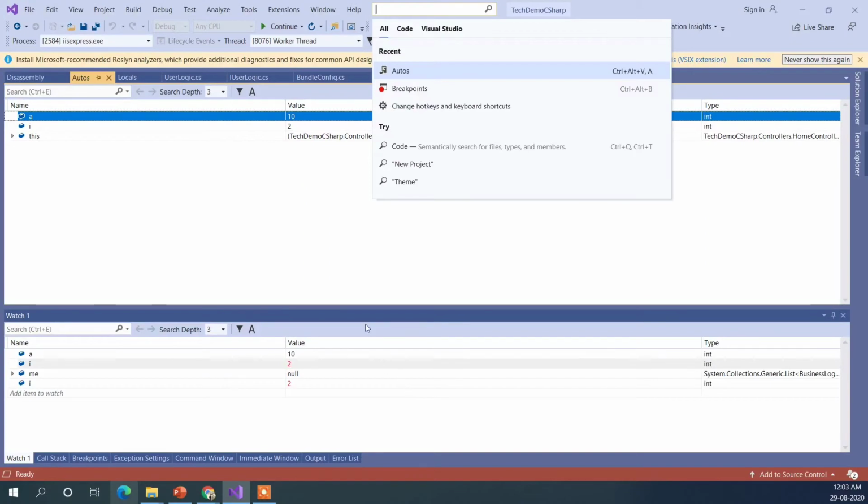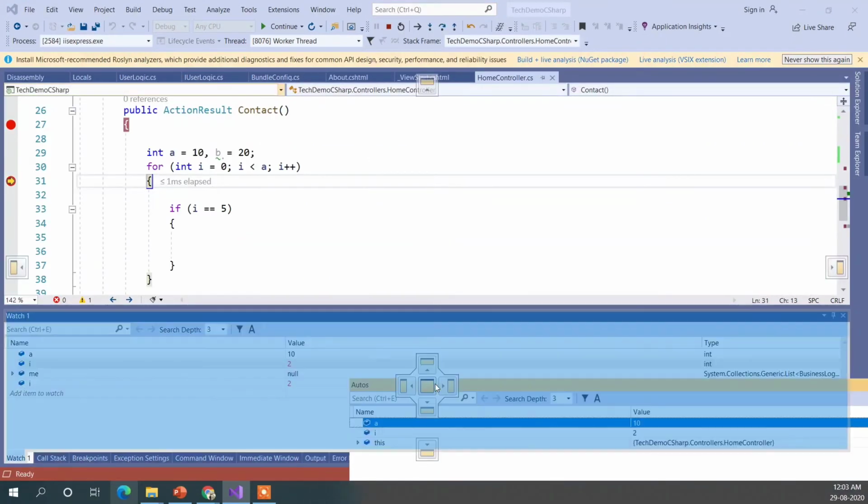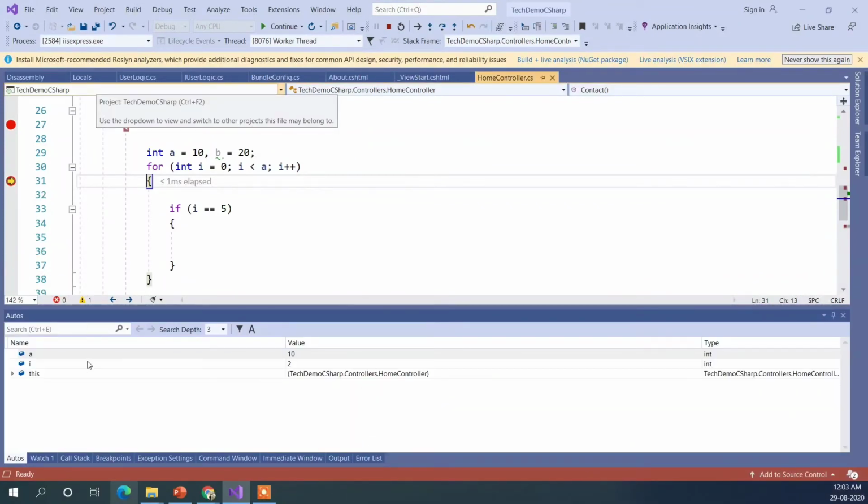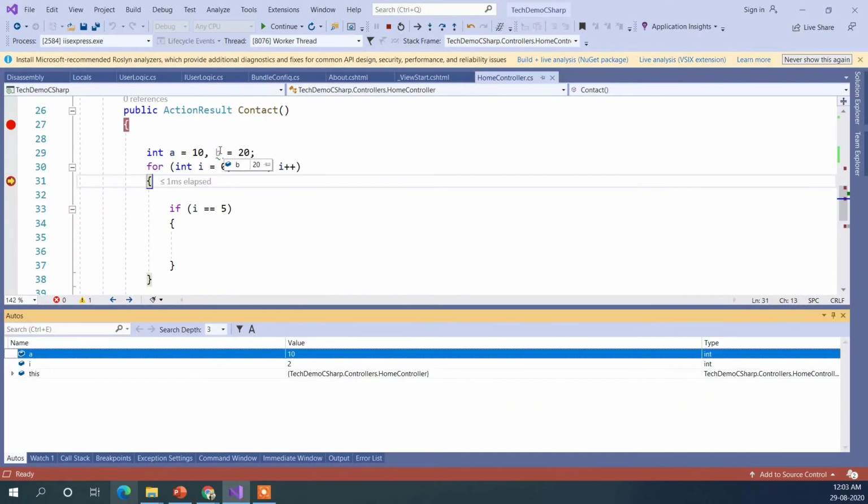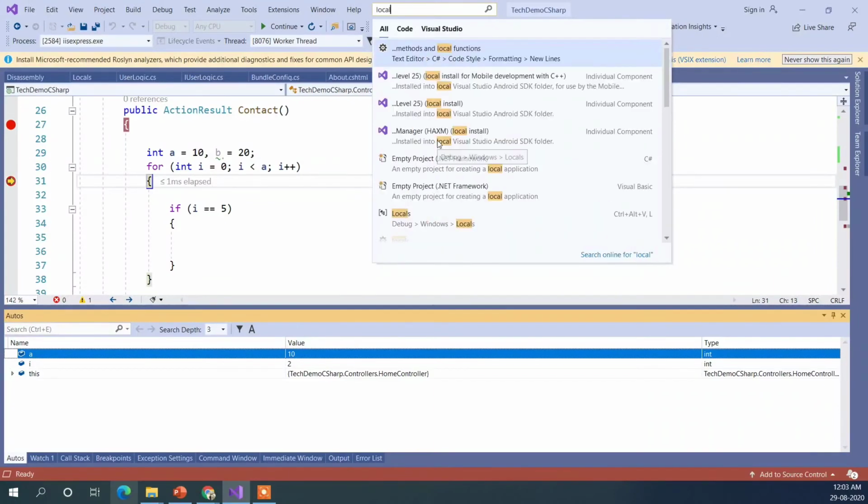Let me just put it in here. So as you can see it's showing only 2 values which are in use. a is used and i is used. So autos will only contain a and i, not b, because b is not used. So this is the active window, and there is another window which we use, which is locals.